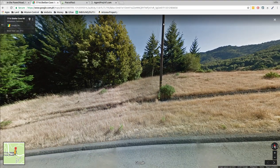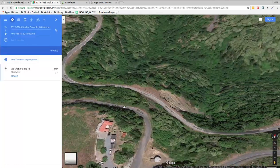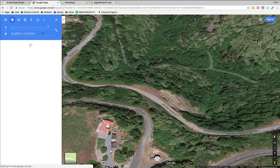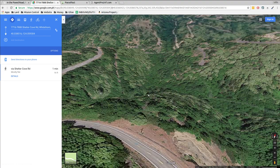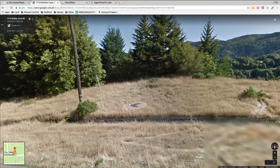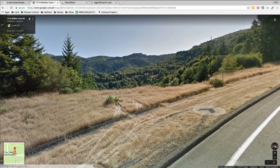Now I'm getting lost. I think this is the pole we were looking at from above, and so the lot would be over here. Let's see if we can see that again. Where's the GPS thing? Okay, so here's the lot. Here's the, we're going this way, right? So it looks like a place you can pull off the road and get started, putting your supplies and all that kind of stuff. Almost looks like a